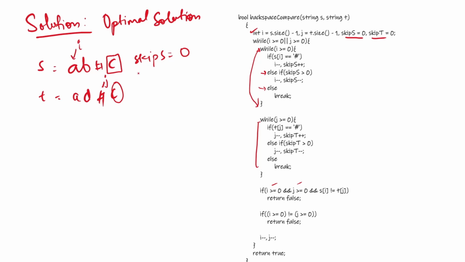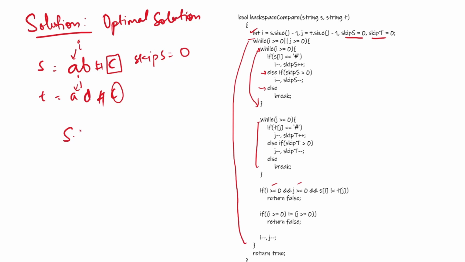So I move my pointer i here. Similarly here, I will see first a hashtag, then I will make my pointer here, and skip t will be 1. Then my skip t is greater than 0, so in that case my j will be here. And now I will check if i is greater than 0 and j is greater than 0. Yes. Are they equal? Yes, they are equal. In that case, again I will do i minus minus, j minus minus, and it will be after this loop. And if they are after this loop, then I will return true. So both of them are equal, then I will return true.